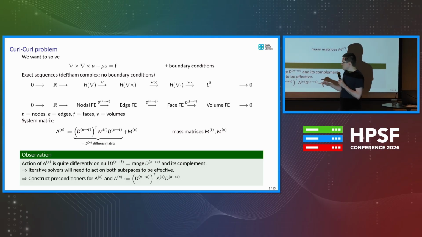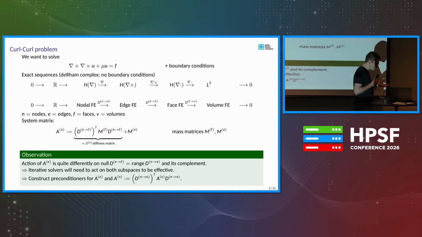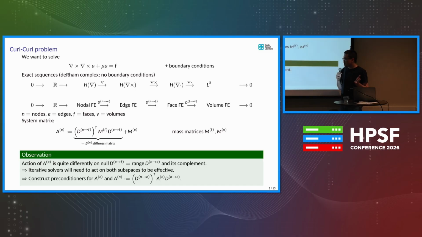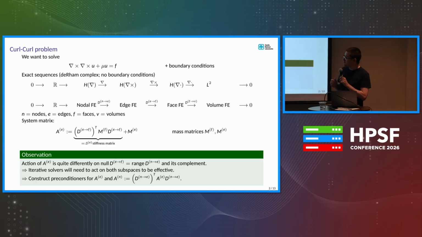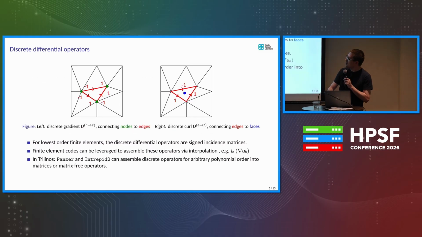And the matrix that is associated with that is a projection of our system matrix onto that null space. And that is just a Laplacian matrix. So that's essentially the main idea of preconditioning for Maxwell problems. All right, so